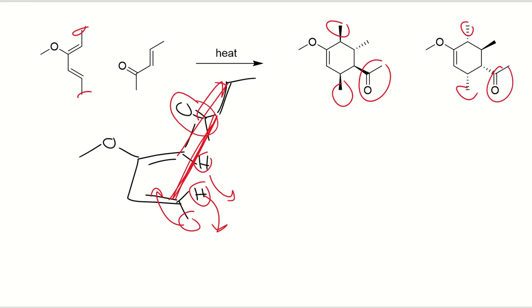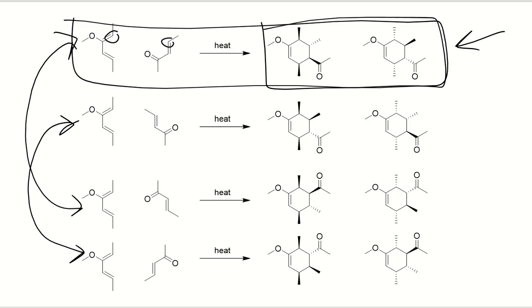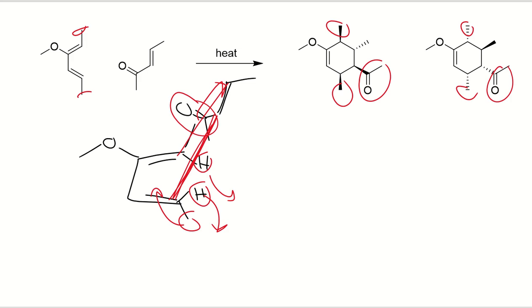The exo process would be the diastereomer. The withdrawing group will be opposite of the outside pieces. So in other words, if my withdrawing group was a dash, those outer pieces would be a wedge. That would be the result of the exo process, in which we would have